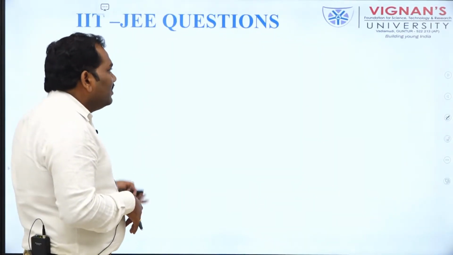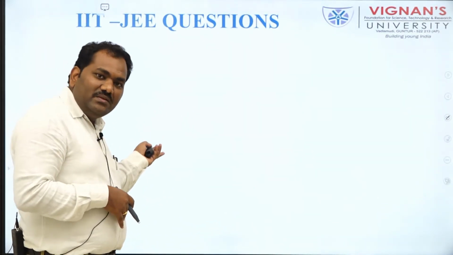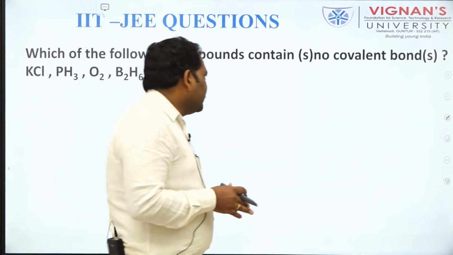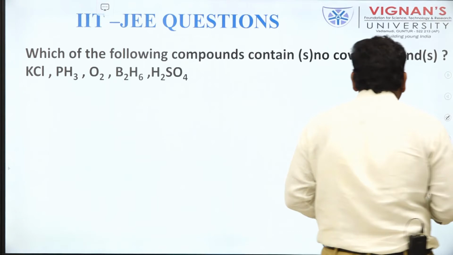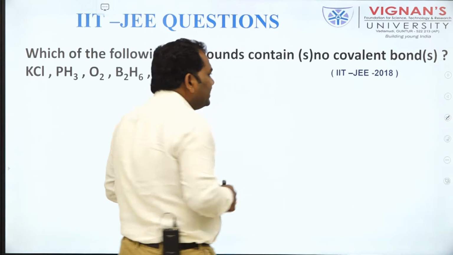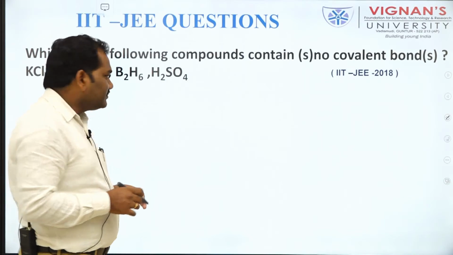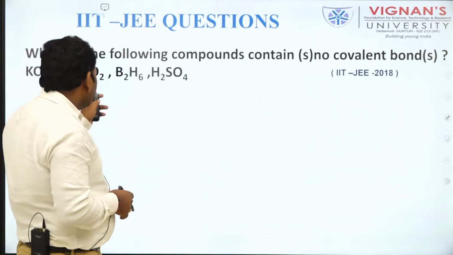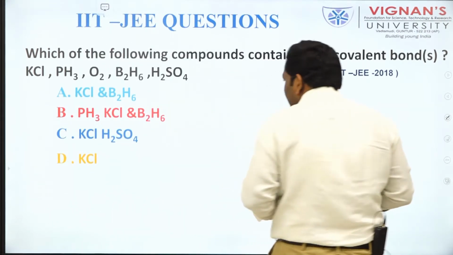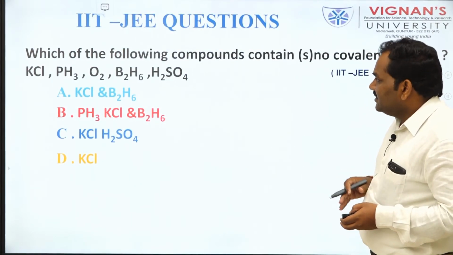Now let's discuss some previous IIT questions regarding the covalent bond. The question is: which of the following compounds has no covalent bond? This question was asked in IIT JEE 2018. The options are: KCl and B2H6, PH3 and KCl, B2H6, KCl, H2SO4, KCl. Generally,